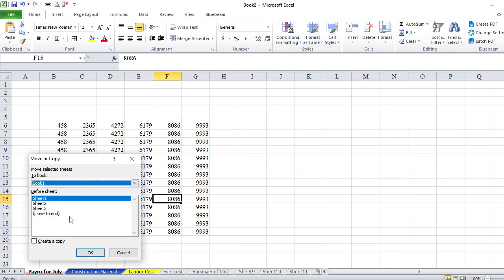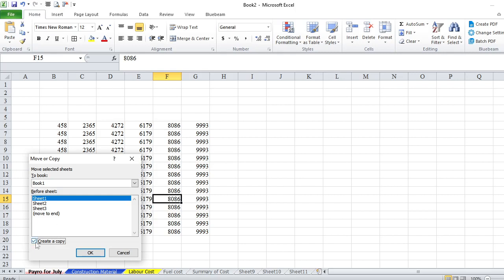What you have to take care of is that you don't delete the payroll for July. So you create a copy, because you don't want to move it as it is. The original should stay here. But if you want to move the original, you can do that also.